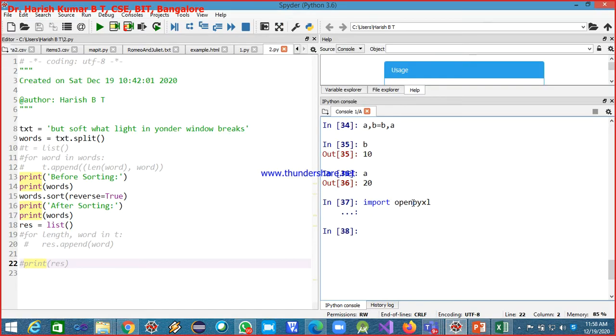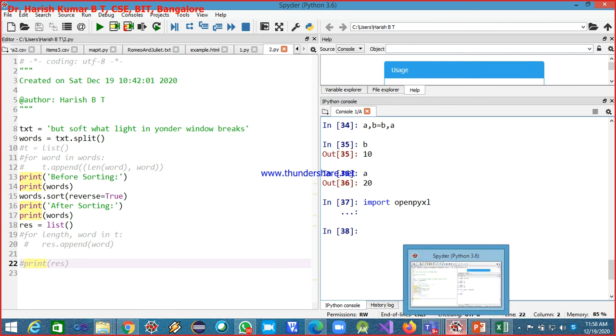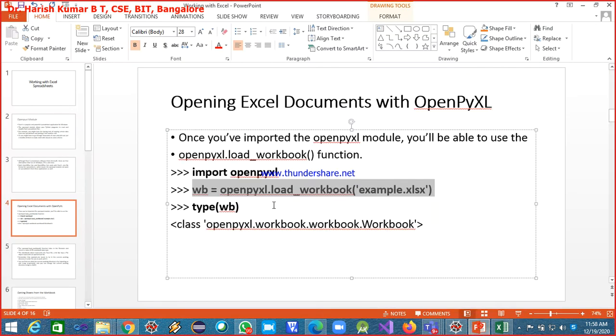So I've already imported OpenPyXL. Now I go for running this command. So I'm invoking the method load_workbook, which is available in this OpenPyXL module, and I have to pass my workbook name now.